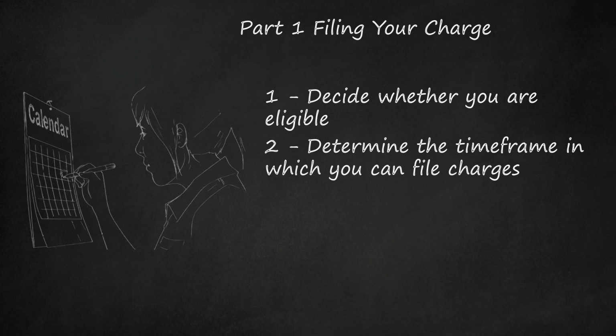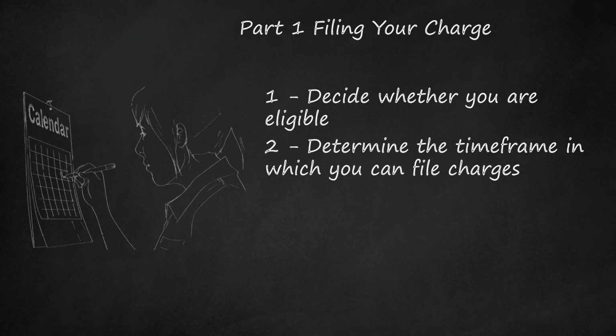You can file charges within 180 days from the day you experience the discrimination. However, if your state or local area has anti-discrimination laws in place, that timeframe will be extended to 300 days. For charges regarding age discrimination, your timeframe will only be extended to 300 days if anti-discrimination is enforced at the state level. You will not be given an extension if anti-discrimination laws are only enforced at the local level.